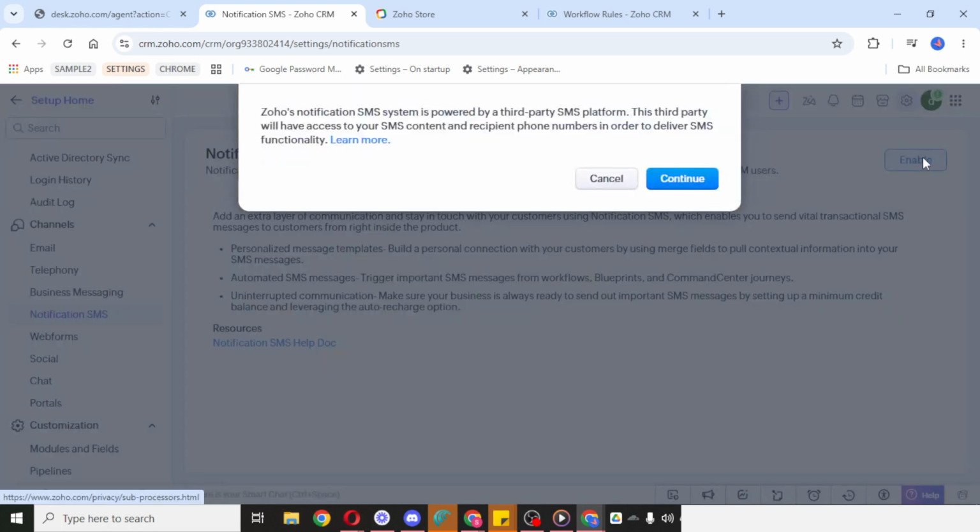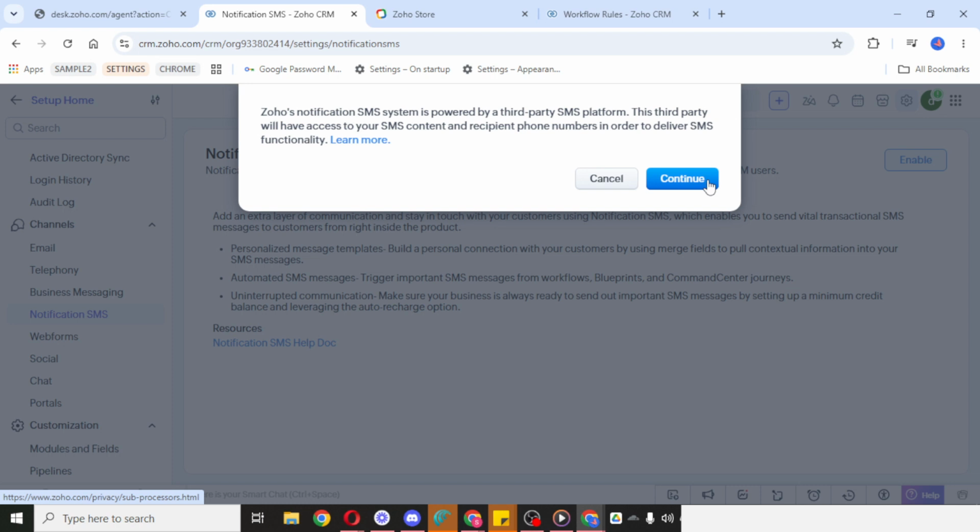After you enable it, the platform will begin guiding you through the remaining configuration process. In most cases, Zoho CRM will display prompts on the screen to help you finish the setup correctly. From here, simply follow the prompts shown on your screen. These prompts are important because they may vary depending on your account type, region, or any messaging integrations already connected to your CRM.